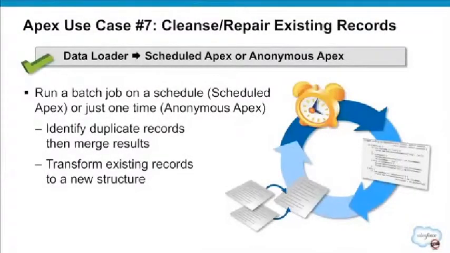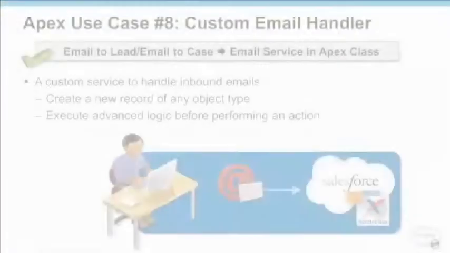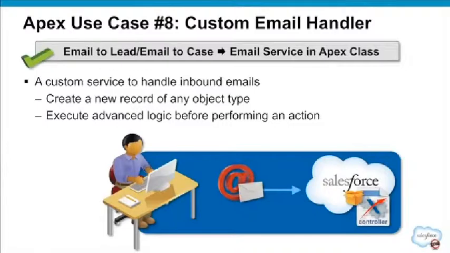So we want to identify duplicate records and merge them into a single copy and maybe delete the loser. We want to transform records in some sort of way, like we want to take a look at something and apply a record type or something like that. We can do that. All right. You want to have a custom email handler. When an email comes into Salesforce, Salesforce has its email to case types of features. But if you want the ability to execute logic upon receiving that email, you can create what's called an email service,